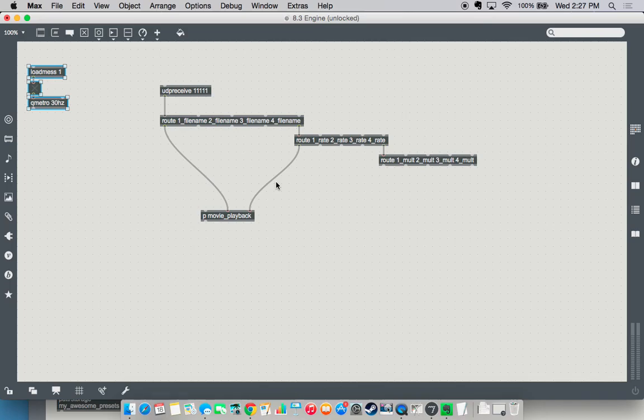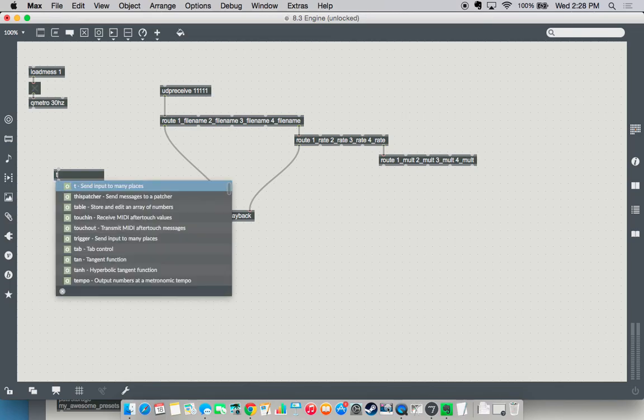What's the load message doing? That is going to, when you first load this patch, automatically turn that toggle on. It's loading the message 1 into it. And then we can send the bang into this movie inlet, but instead of doing that, let's trigger explicitly how